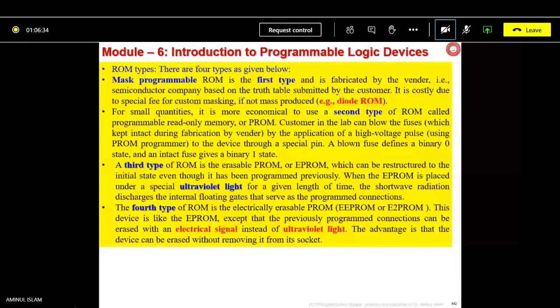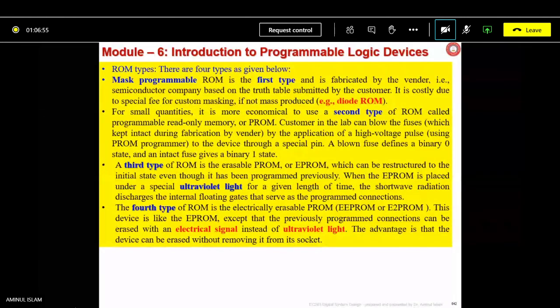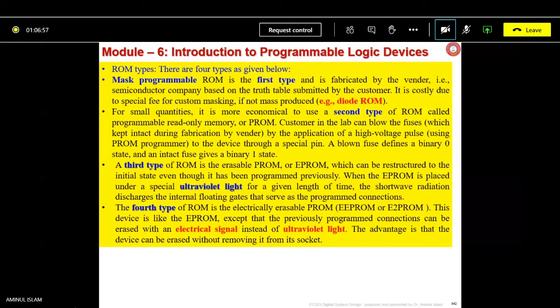Whereas you are giving a new truth table, and according to that they have to make it, so the fee may be a little more. And if it is not fabricated in a batch, not mass produced, then it may be costly. For small quantity, it is more economical to use a second type of ROM called the